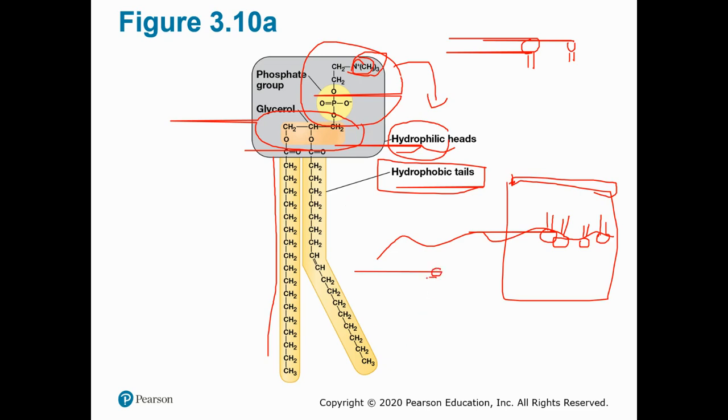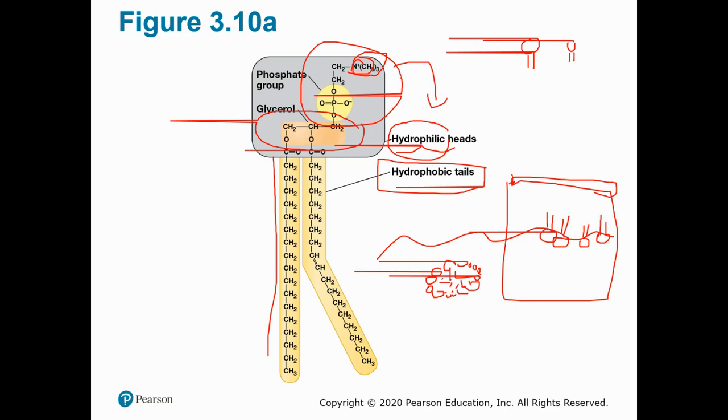they get together. One of the ways they can get together is in what's called a micelle. Where you have the little heads on the outside and the little tails on the inside. That way, all the little tails are protected from water, and all the little heads are close to water. So they build a little structure.